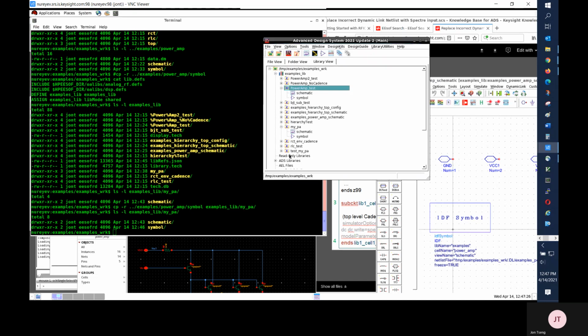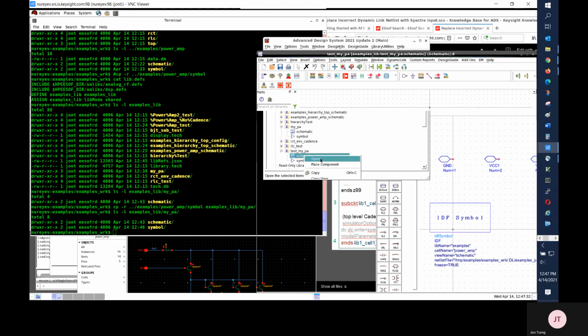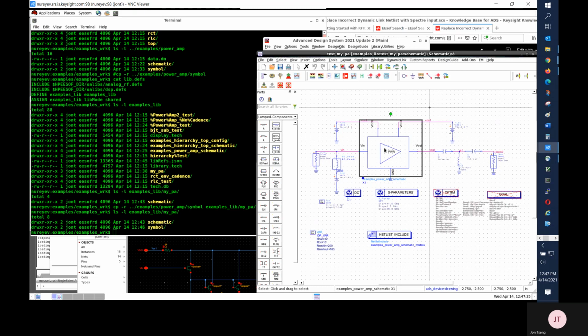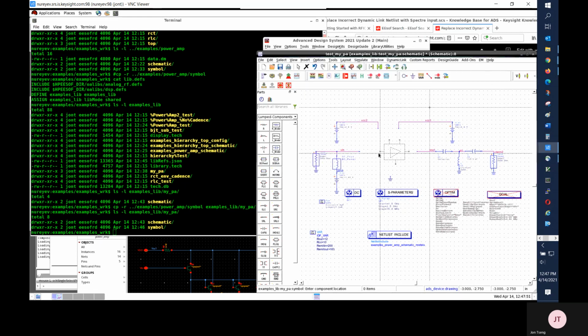I'm opening this new test bench. I will delete the dynamic link instance and replace it with an instance of this new component. I can simply drag this new cell from the ADS main window to this schematic test bench.